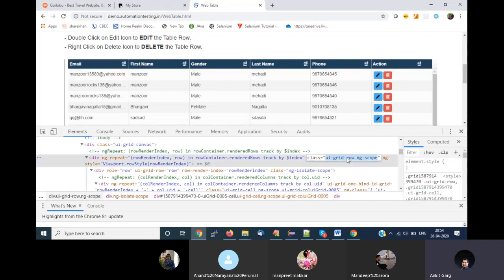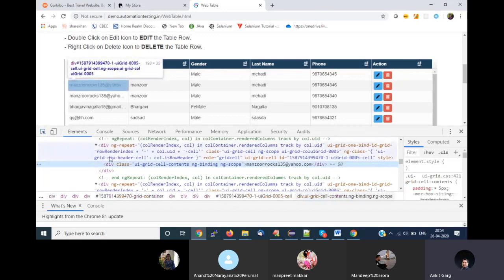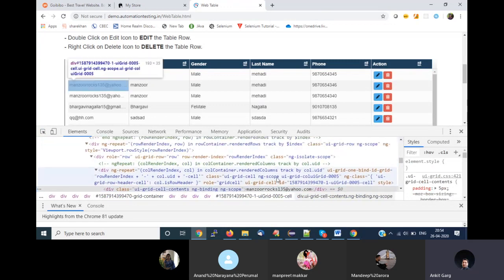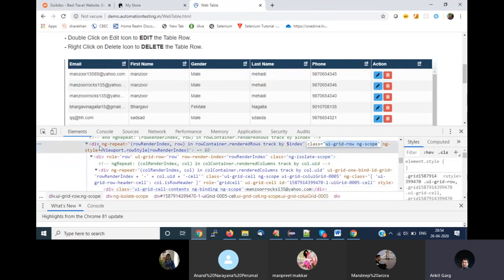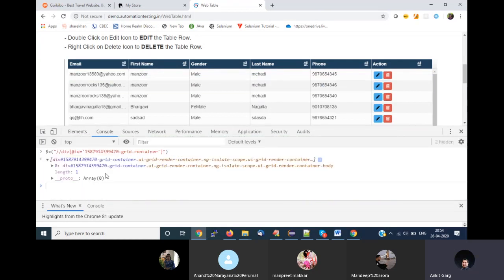I'm just verifying whether class is same for different rows or not. Yeah, class is same. So what is the starting tag? Div. So see, let me first write it, then I'll explain how I'm finding an XPath for this.